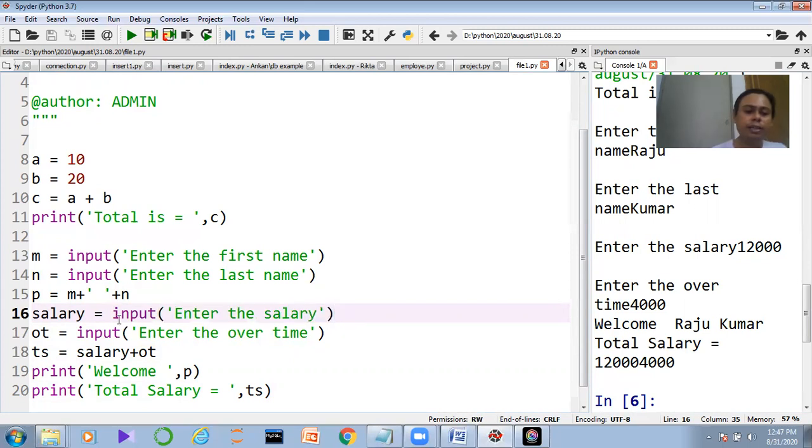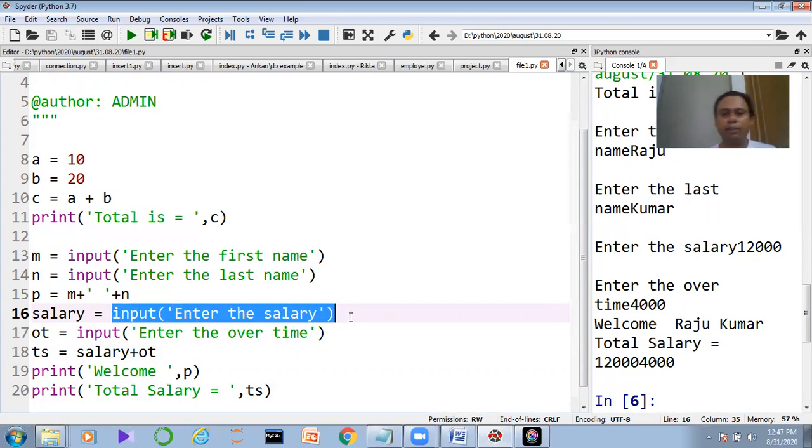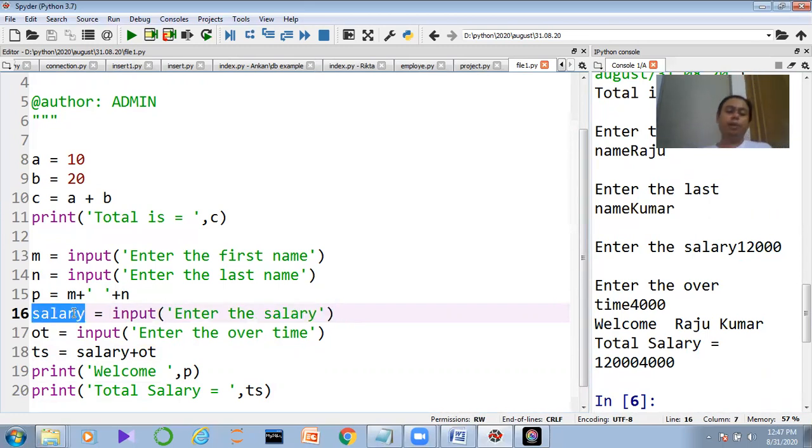So in this particular case, the input function returns the string type of data, and this string type of data is getting deployed in the salary variable, although that is a number. Although we have to accept it is a number, a number can also be a string. Sometimes we have this kind of superstition that a string can be only alphabet. No, that's not the case. Suppose in your house number, in your address, in your email ID, numbers can be present. Your Aadhaar number, PAN number, all are nothing but a collection of some alphabet and number. This is called alphanumeric data.